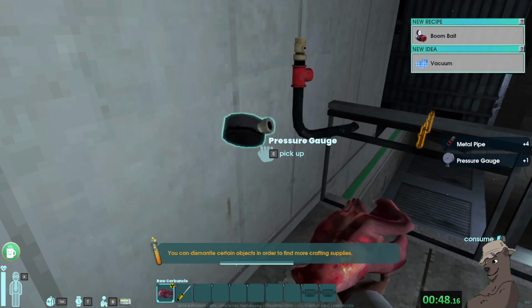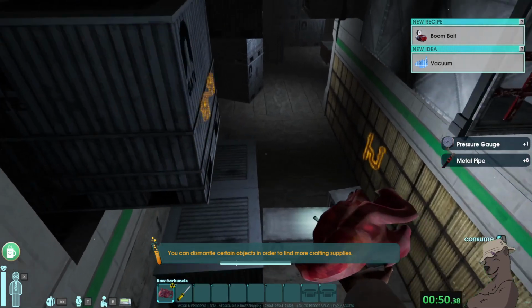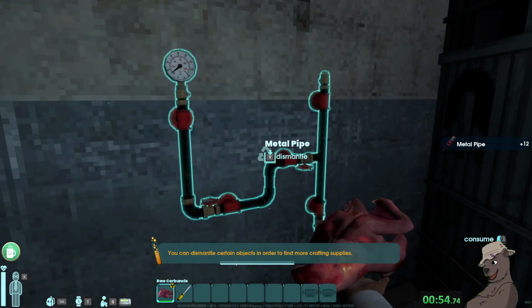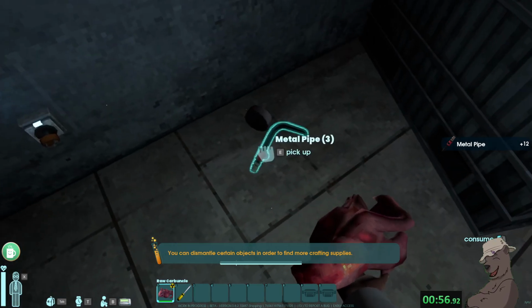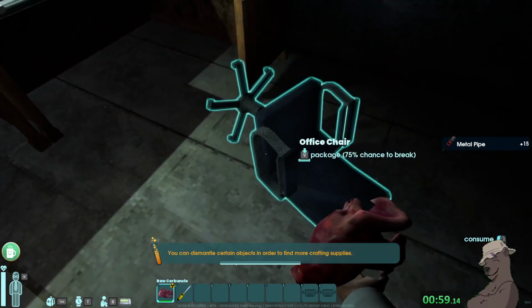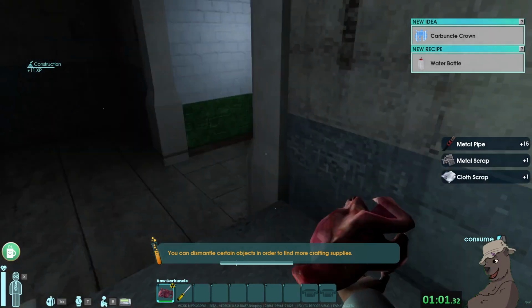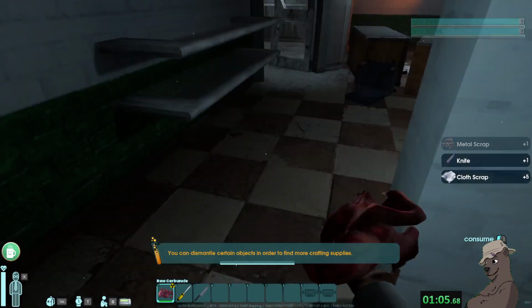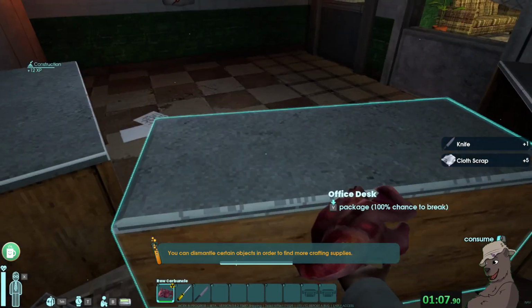First spot of weird RNG. It's possible, though rare, to get 3 pipes from each of these, which is a total of 12. You have to pick up 1 more pipe along the way. In this case, I'm blowing up chairs for the extra scrap metal. And then the first one also gives me an extra cloth, so